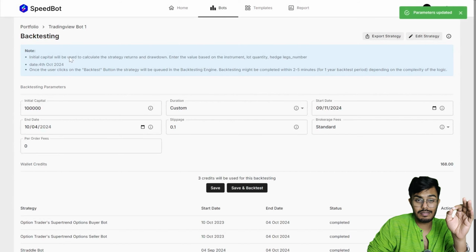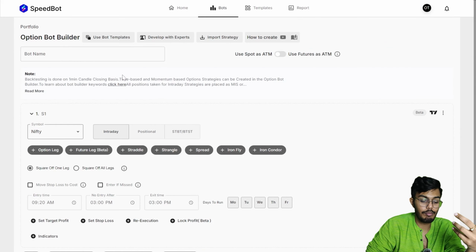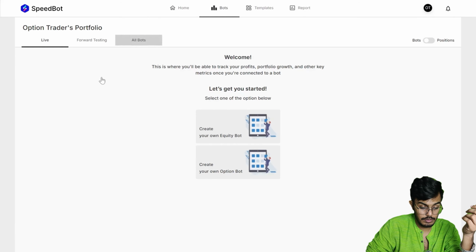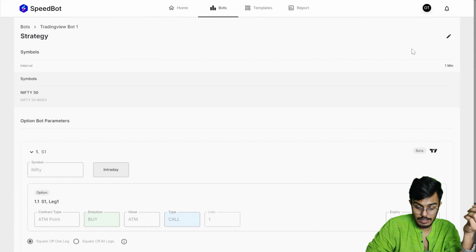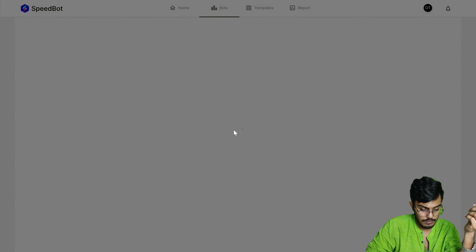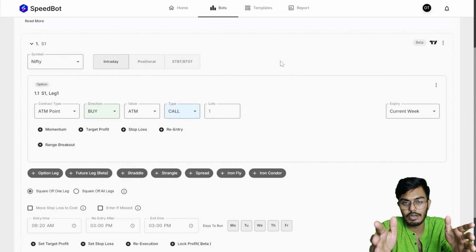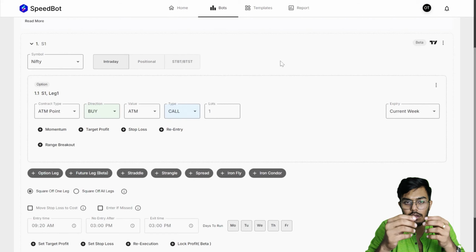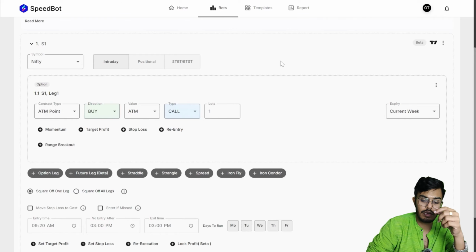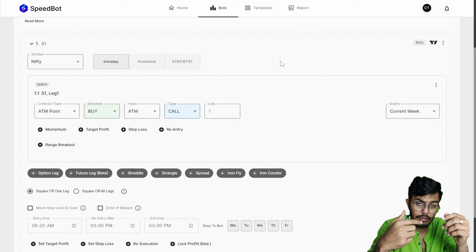So this is the first step that we need to follow. First of all, we need to create a template of our bot. Let me move over here, open it, go to strategy, and click on the pencil button. Based on my underlying logic on the chart on TradingView, I would like to buy a call option. I've already configured the alerts over there. Now, in order to get those alerts linked with this particular bot template on